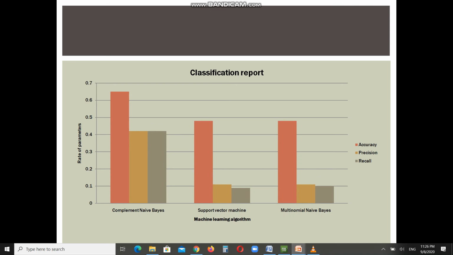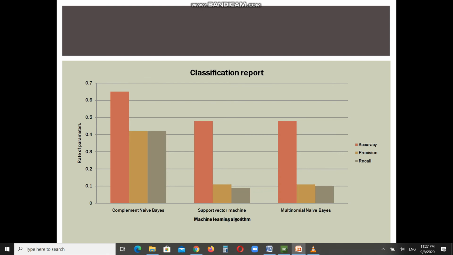And then by comparing the accuracy, complement naive Bayes shows the highest. Okay, now we compare complement naive Bayes and multinomial naive Bayes. Both are naive Bayes, and the simple rule of naive Bayes is their independence rules, and also to solve multi-class problems.